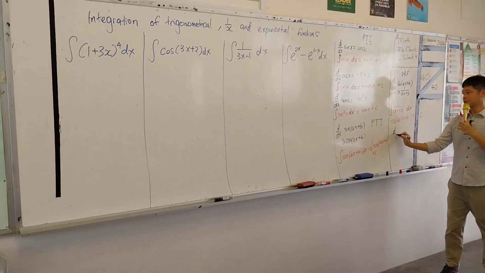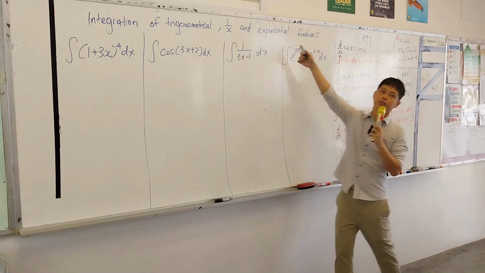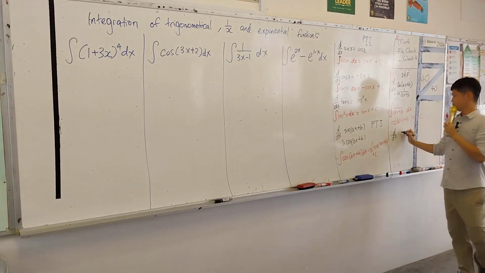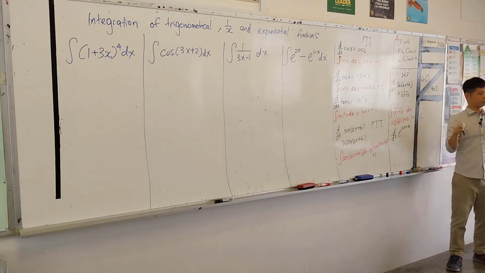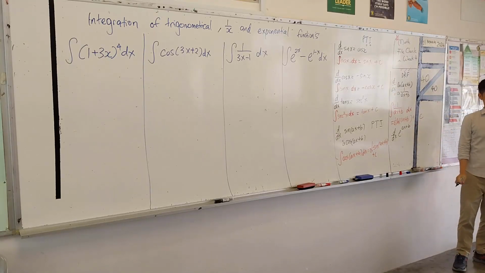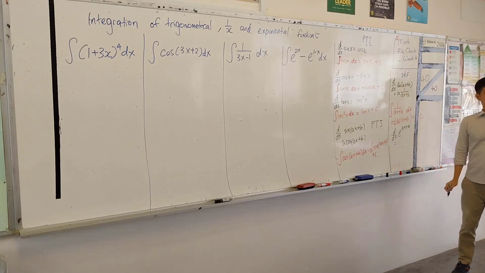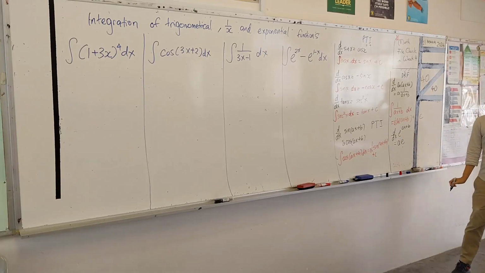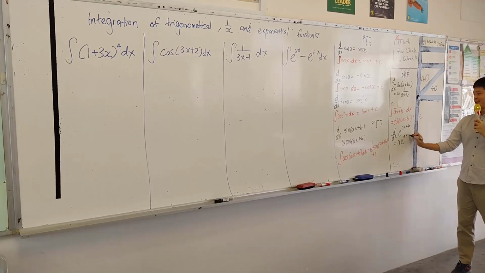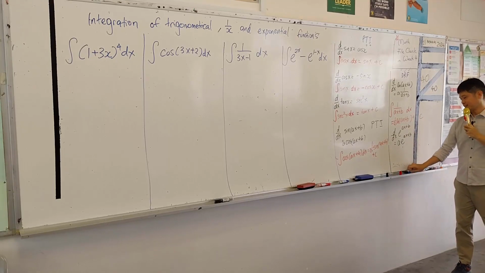So let's differentiate the last one for today's lesson on exponential. We will have e to the power of ax plus b. Again, the power must be linear. Okay, what will we get? We times the a, right? And what happened to the exponential function? Stay the same. Okay, so now we are going to integrate